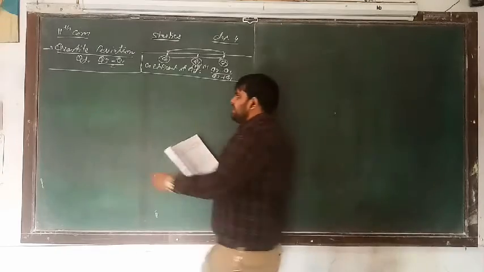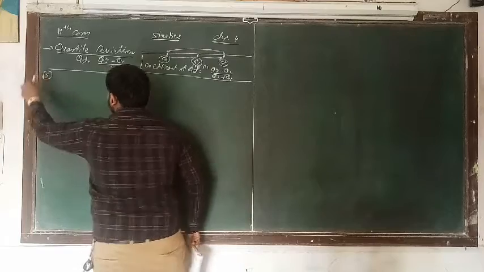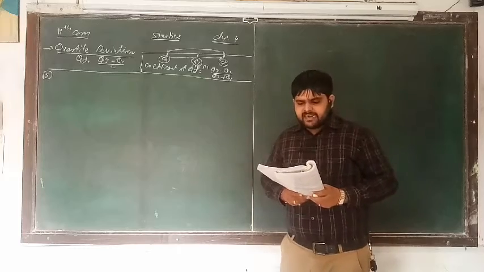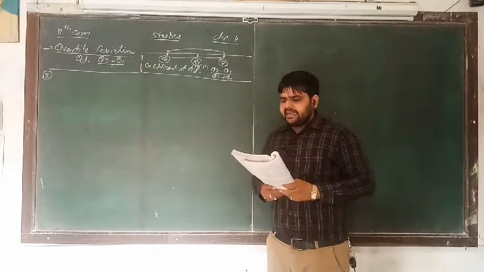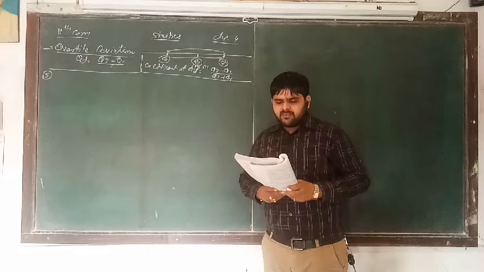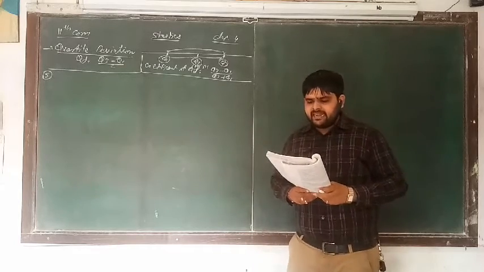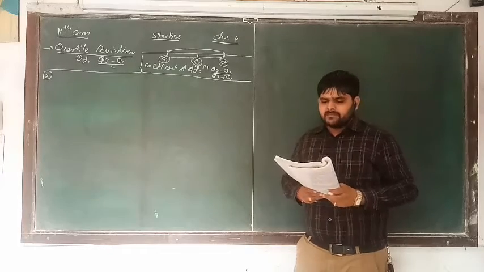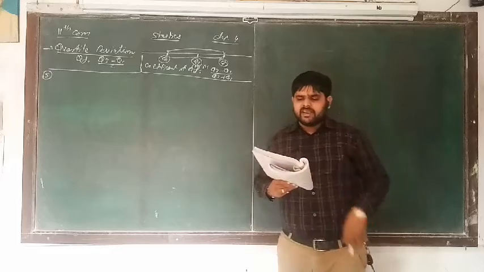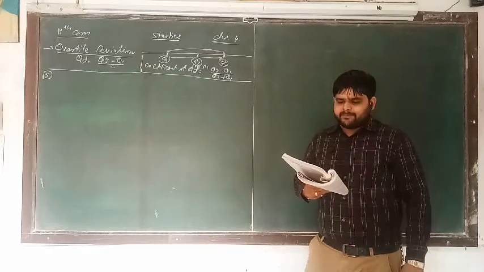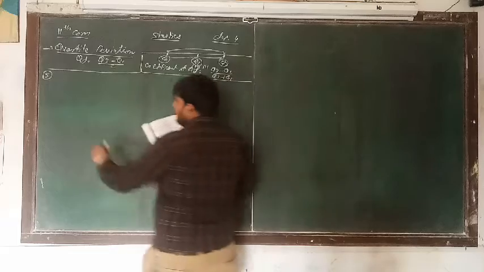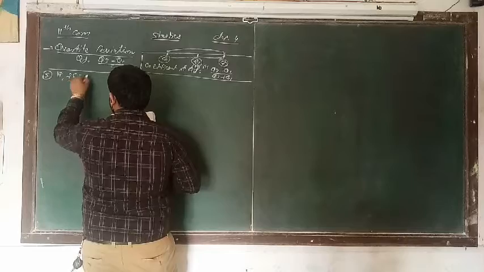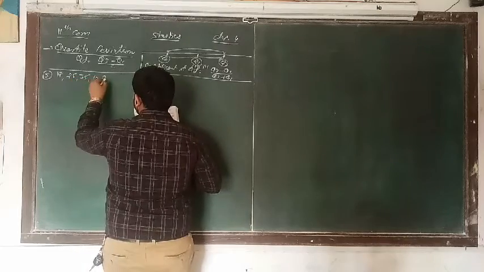So let us start example number 5. A bus operator gets the following number of passengers in 10 trips on a day. Find the quartile deviation and coefficient of quartile deviation of the number of passengers from the following data. So the bus operator is getting passengers on 10 trips: 19, 25, 35, 10, 24,